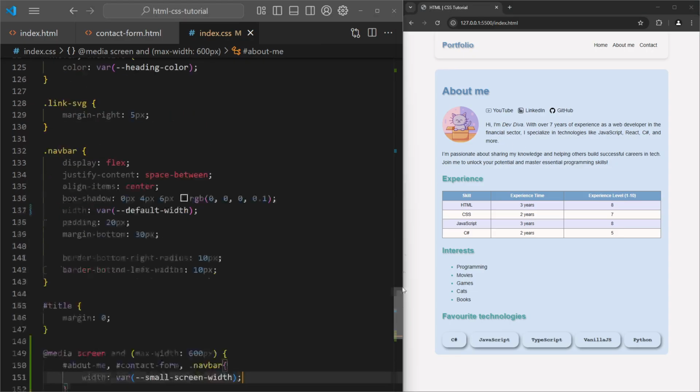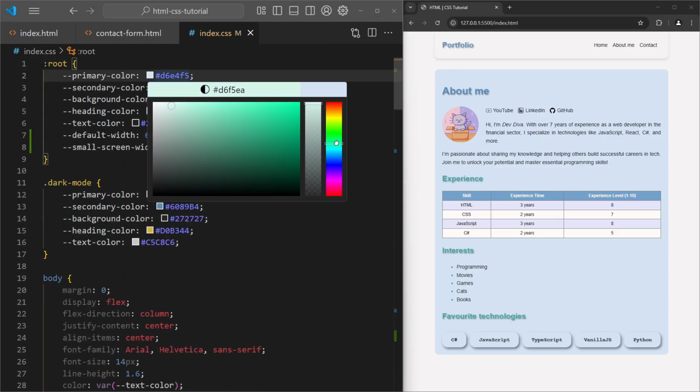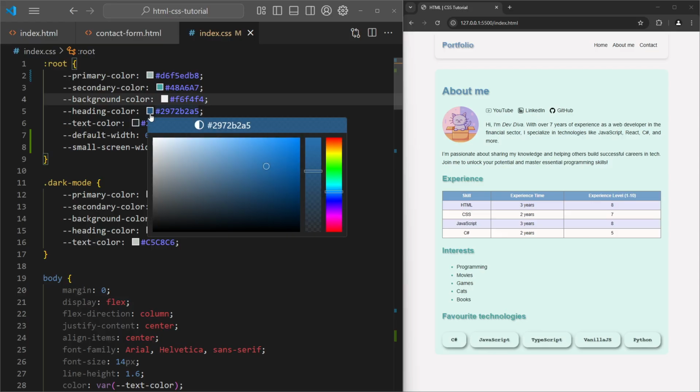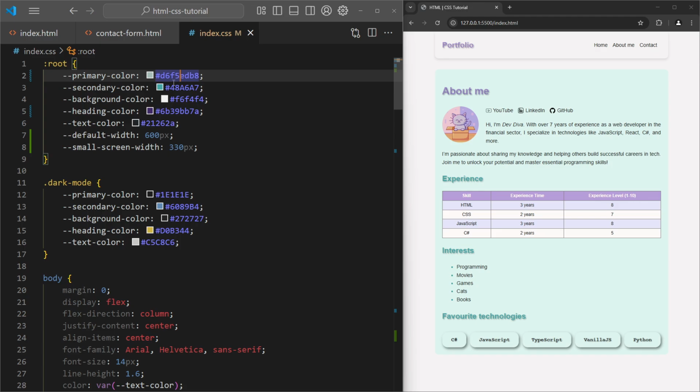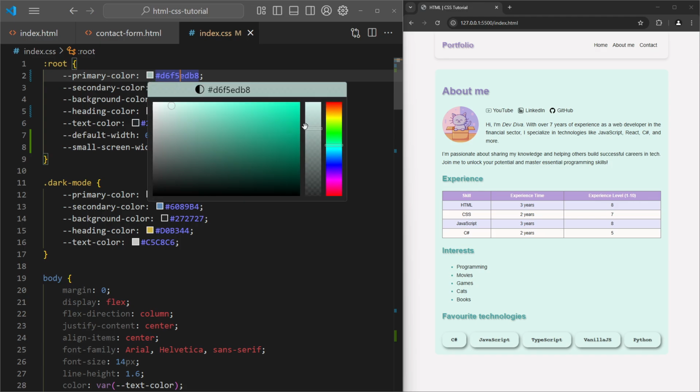You can play with colors. Customize your page to match your style. For example, change colors in root variables. Support dark mode. Go back and tweak the styles to ensure dark mode looks great too. You can test some more on different screen sizes and make sure it looks great everywhere.